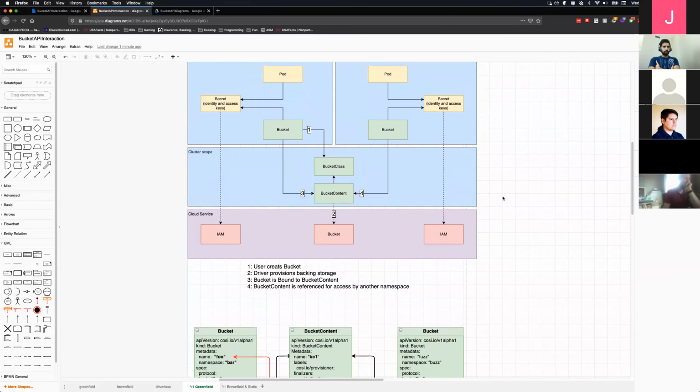John, I have a question. It's my understanding that some providers don't support deleting a bucket that is not empty. So if this is a very large bucket after a workflow is completed, now the responsibility will fall to the driver to perform the whole delete operation on the provider in the case that the release policy is delete. Correct. Yeah. So the Kubernetes controller side automation is not going to be checking whether or not there are